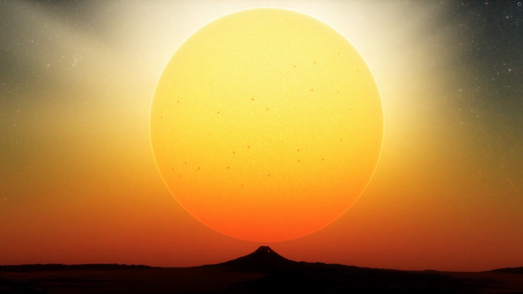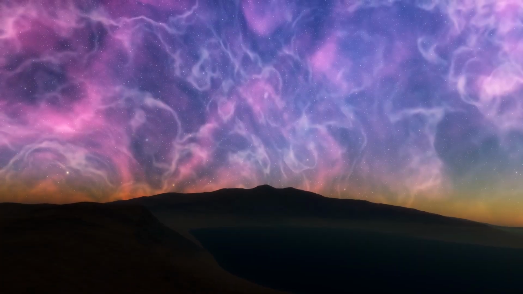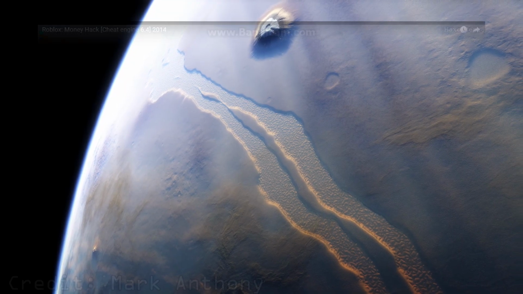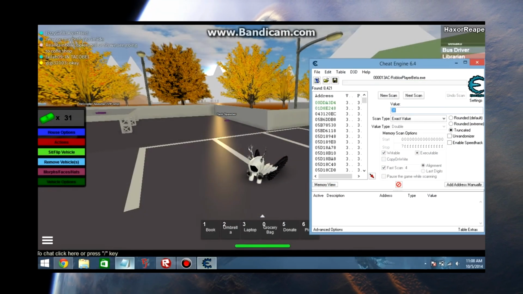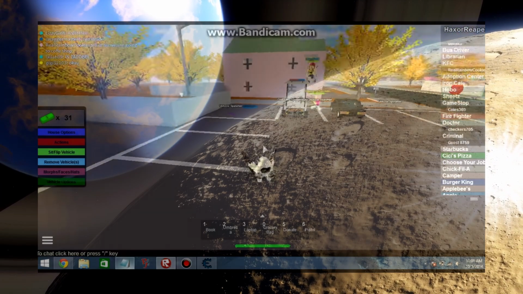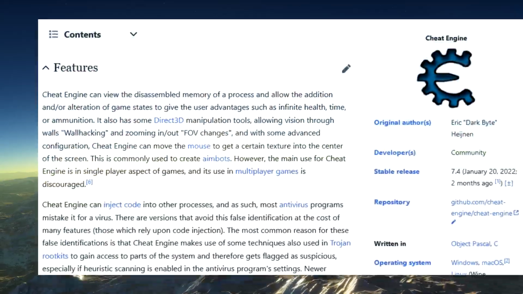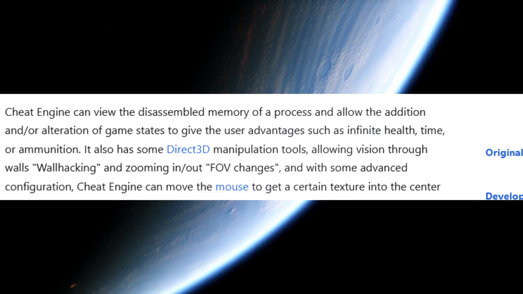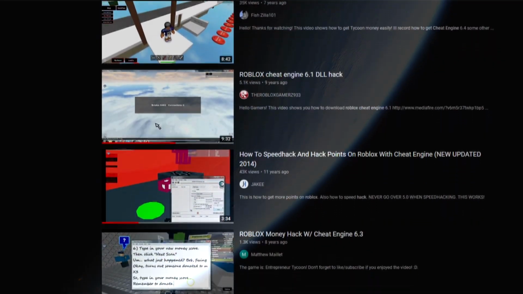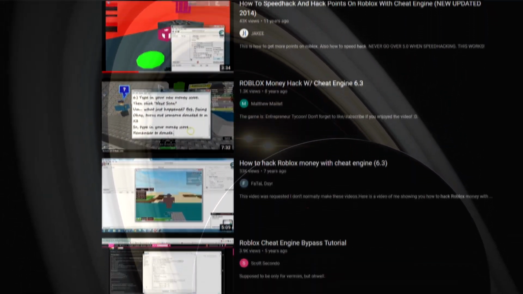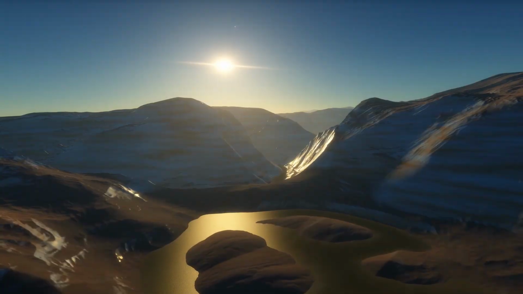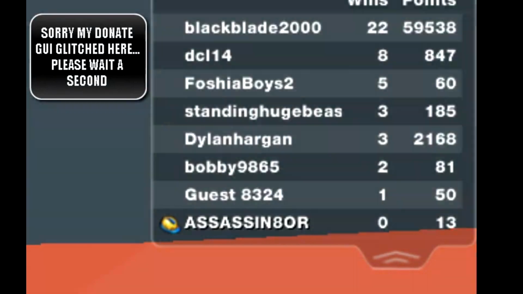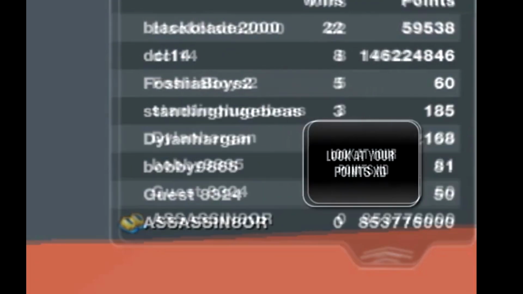The oldest form of Roblox exploiting, if you could even call it that then, was using cheat engine, a very powerful tool for editing memory values and various other things within games through connecting to the specific app. Although cheat engine is a universal thing, it can be used on almost any game you can think of. Its impact on Roblox is particularly significant because of the many videos that were published back in the day showcasing things like point glitches, stat changing, and other forms of very basic exploiting at the time.